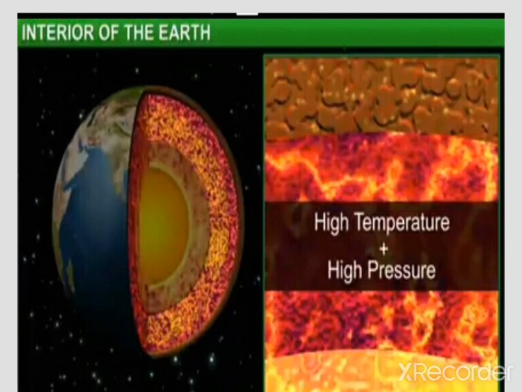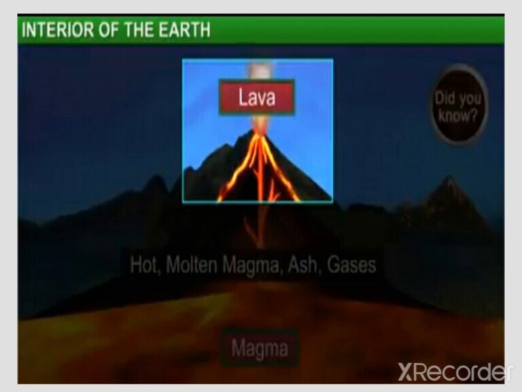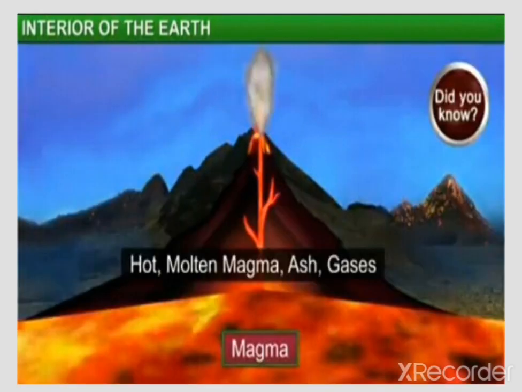Look here, students. When an earthquake takes place, when a volcanic eruption occurs, all of you know that lava comes onto the surface of the earth. Do you know from which layer this lava comes onto the surface of the earth? Yes, it comes from the mantle, from the upper mantle layer, because in this layer the magma chambers are located. We can find the magma chambers in the upper mantle layer.